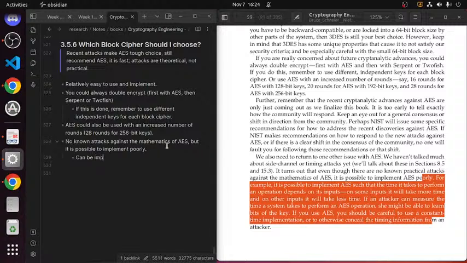It can be implemented so that the time it takes to perform an operation is dependent on inputs.